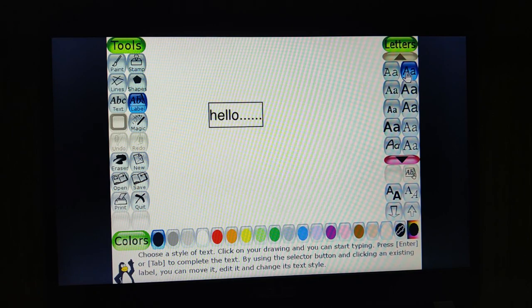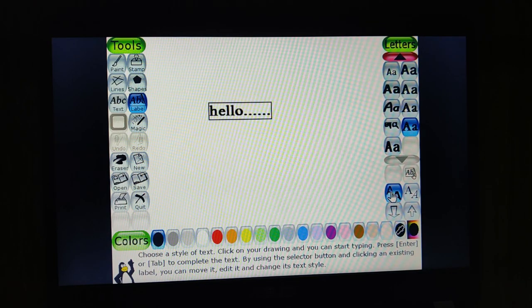Select any style and you can see a formation of text is done, right? You can see on the canvas different styles are available, right?